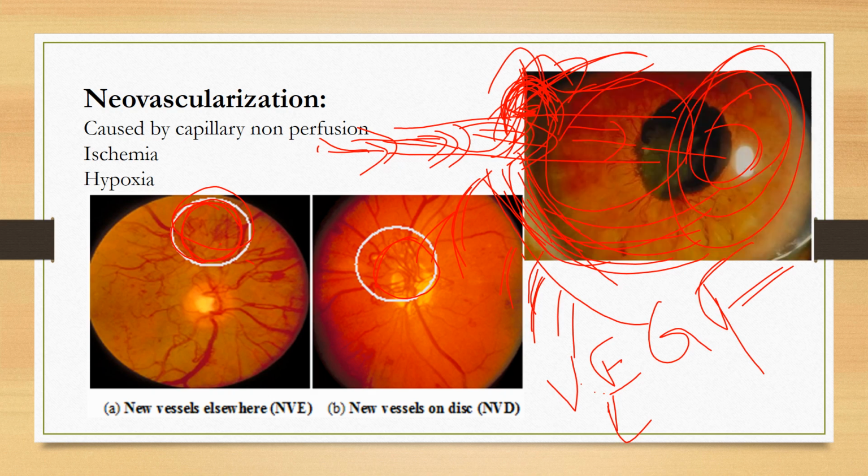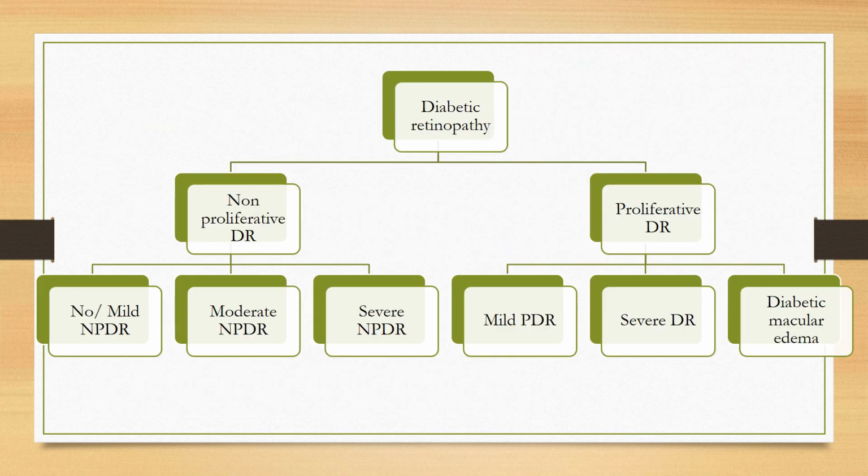Coming to it again, diabetic retinopathy can be divided into two types: proliferative diabetic retinopathy and non-proliferative diabetic retinopathy. What is proliferative diabetic retinopathy? It is the condition where your neovascularization keeps on occurring and there will be continuous bleeding and those things. Whereas in case of non-proliferative diabetic retinopathy, there will be only cotton wool spots, etc., and those yellow color flakes will be appearing. Yellow color flakes will appear only in case of non-proliferative diabetic retinopathy.